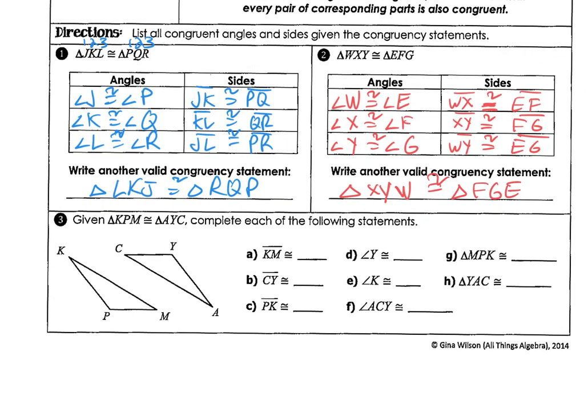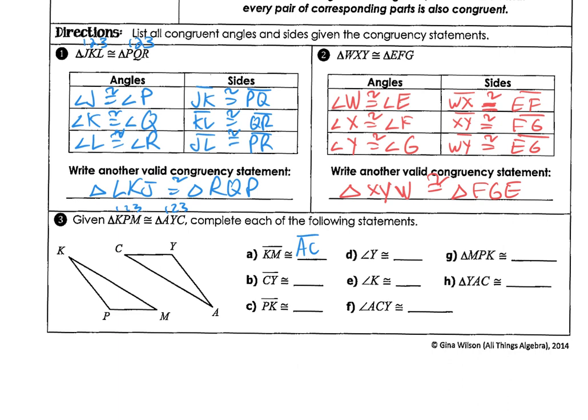All right, now this is just, again, going back to the same idea: order matters, match up parts, but always just be careful. I'm very specific here on the letters always matching up. I know KM is the same as MK. I know that, and so on this first one, KM, if you match up the letters, would be congruent to AC. Again, I know AC is the same as CA, but